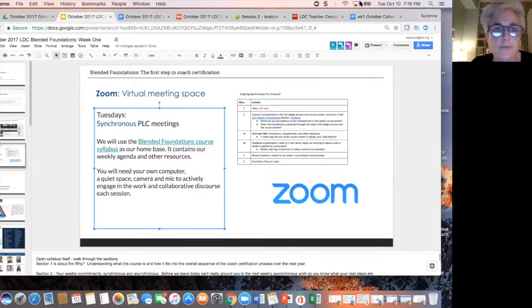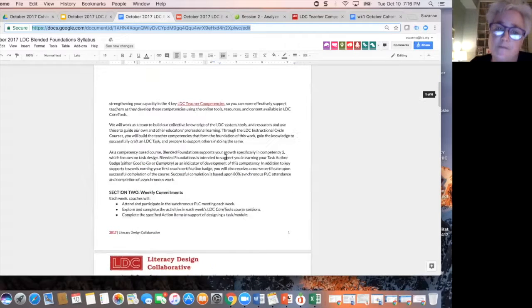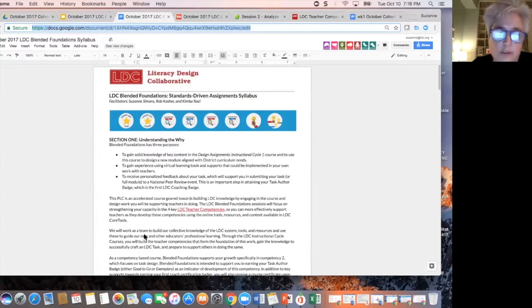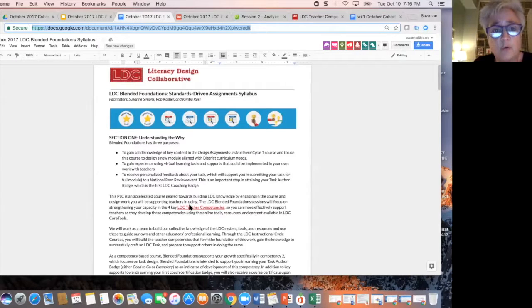Okay, so syllabus functions, and you can see it's a Google Doc, so you can see everybody coming in. The syllabus really functions as the home base for the course. This is where all of the information you need to do the work, to stay on top of what's going on, and to figure out why you're even here is all centrally located. So we always can go back to the syllabus and find out what the point is. So